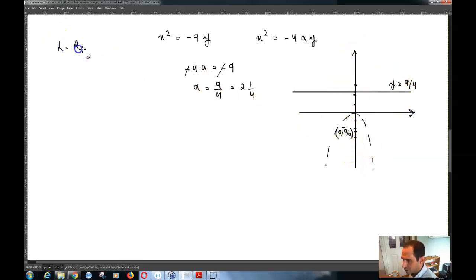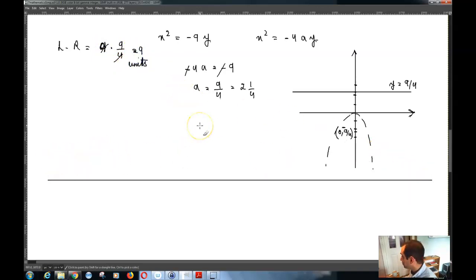The latus rectum is basically 4 times 9/4, which is equal to 9 units. That is that. Number 6: 0, negative 9/4, y-axis, and y is equal to 9/4, and the length of the latus rectum is 9 units. So the next question that we have is, now we have a couple of